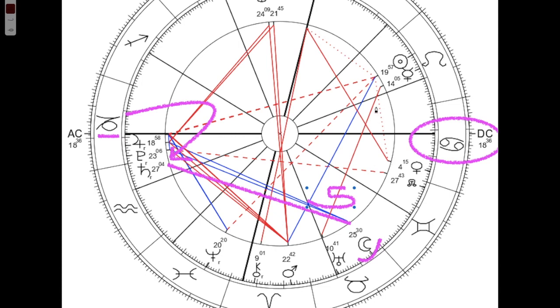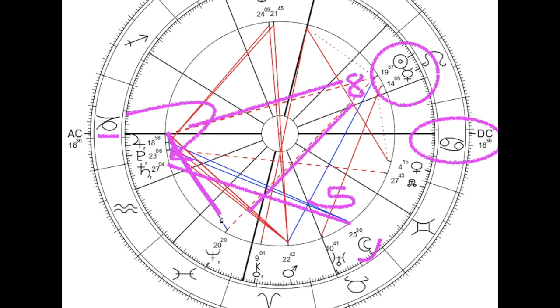Now, another thing that doesn't look great is this here. In the 8th house of death, the Sun and Mercury in Leo. Now, by themselves, it's not essentially a death aspect, but it's a yod. It's a part of a fate, finger of God. This dotty line here, this dotty line here, and then the blue line between there and there. So this arrow pointing to that sun is showing me that her body, herself,